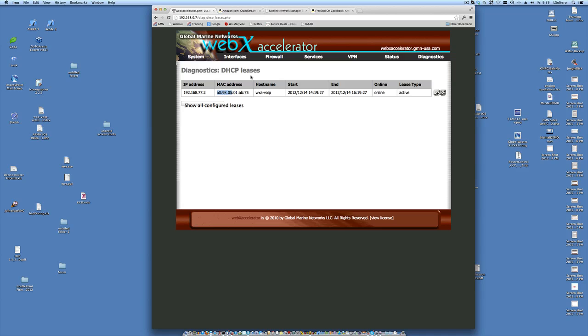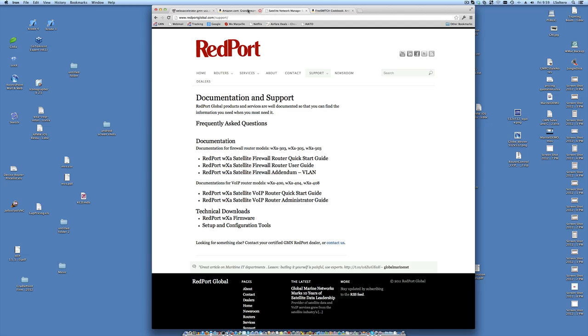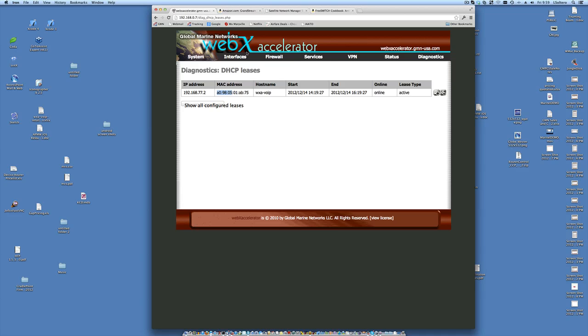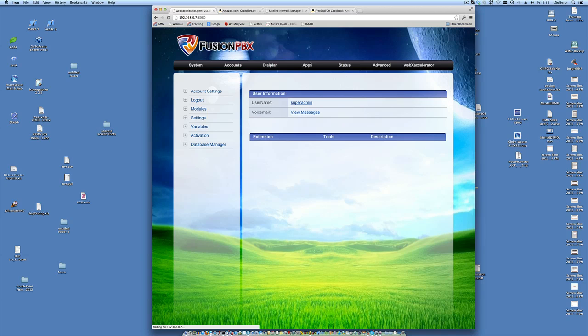Every router is going to be different, but there is a function for doing this, because every router that I know of has this feature. Okay, so back to wXa-router. Let me go back to my VoIP box. The first thing you need to do is activate the unit. So under the system menu, activation,